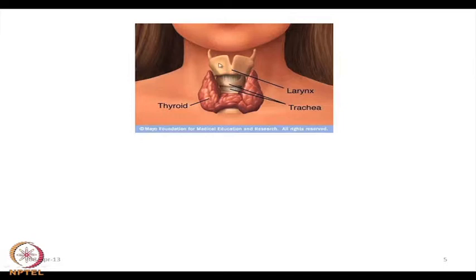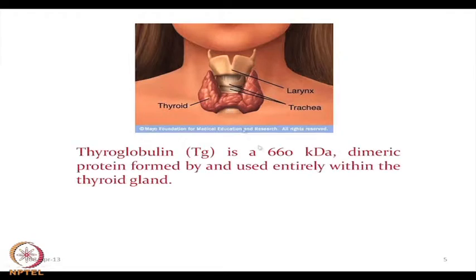This is our larynx, the vocal organ that we utilize for speaking, and we have the trachea, and this entire part is surrounded by the very big thyroid gland, which is responsible for the production of all these important molecules as their corresponding hormones. So, the TG, the thyroglobulin, is a very big protein molecule, having